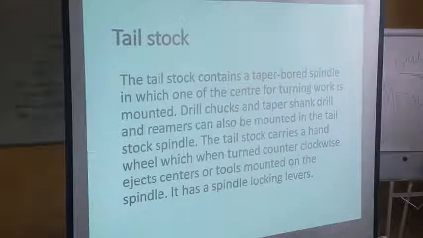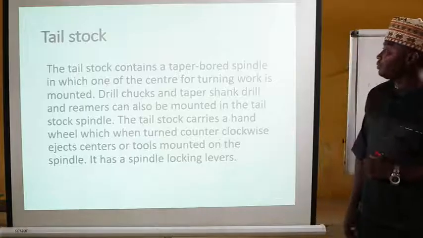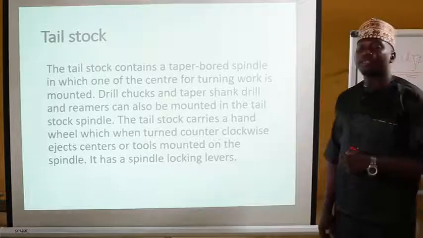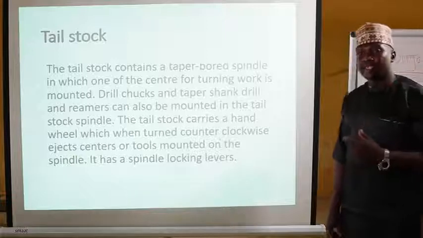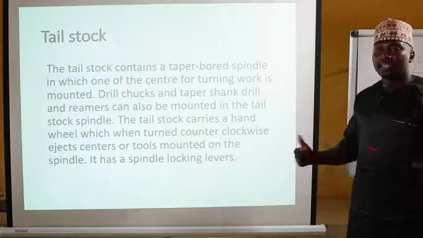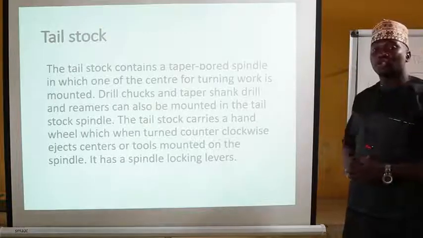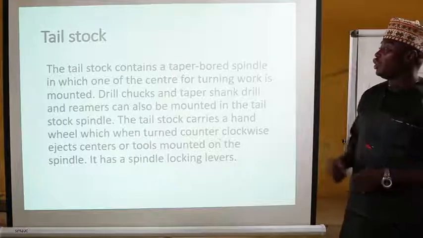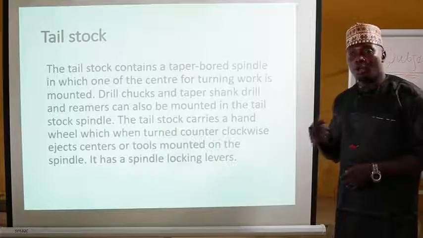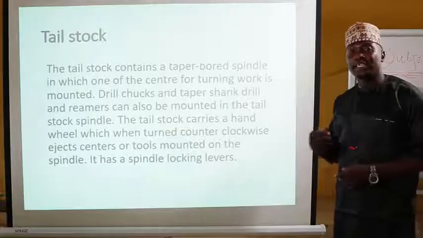The next part of the lathe machine is the tailstock. The tailstock contains a taper bore spindle in which one of the centers is mounted. I said earlier on that the center lathe machine is a center lathe because it operates on two centers, the headstock center and the tailstock center. So in this case, the tailstock is located at the right-hand side of the lathe machine. And you can turn work on the lathe machine using a center that is mounted or slotted in the spindle